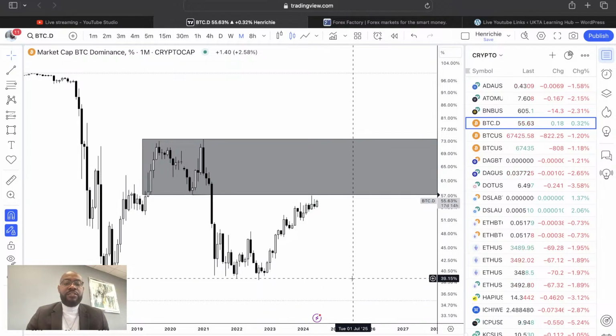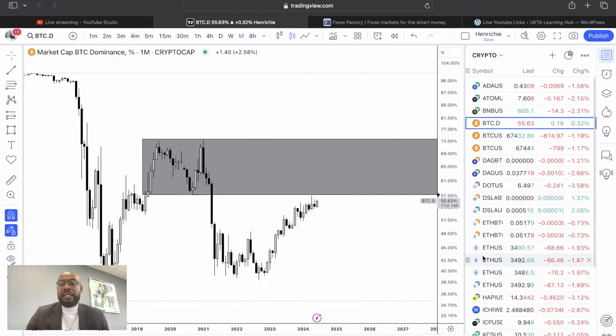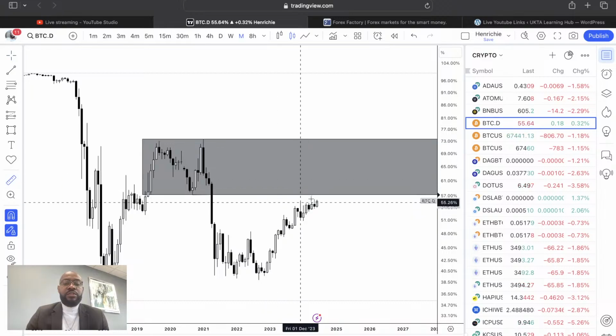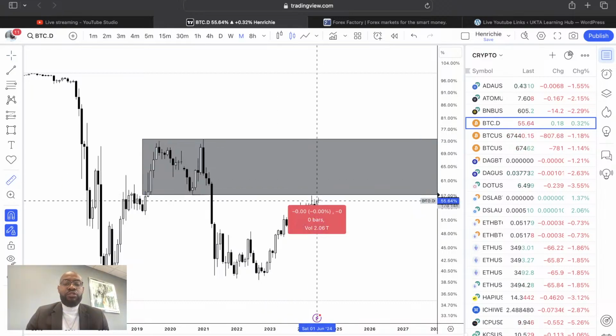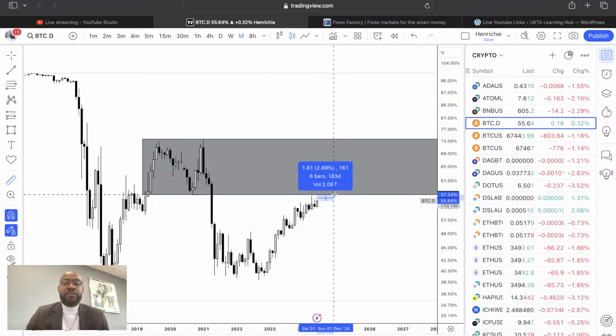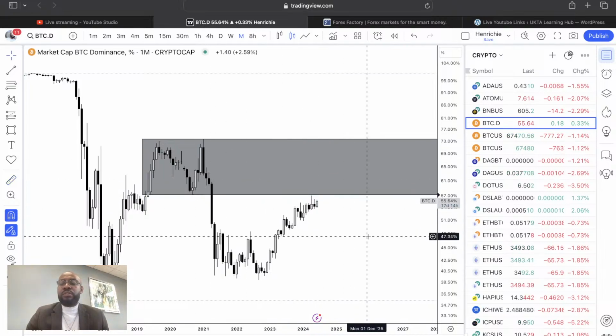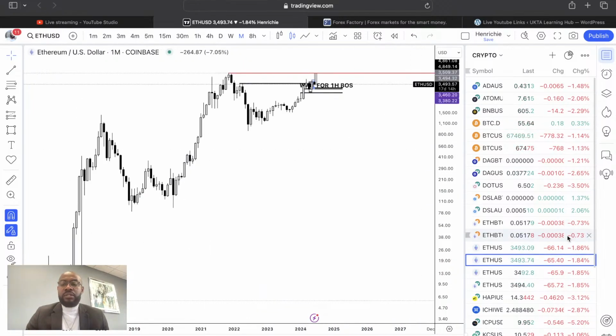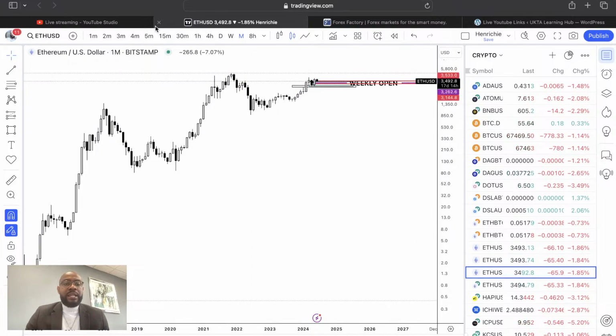downside. And if this sells off, that'll be an incredible alt season, which means altcoins, Ethereum, Binance Coin, Solana, and all the rest of them are going to be primed for a huge, massive rally. So I'm watching this very closely. It's really very close to my point of interest. If it mitigates and drops, that'll be an incredible opportunity. 2.89% before it mitigates this position, and then we'll be looking out to see what's going to happen eventually. So that is my analysis on Bitcoin dominance, and